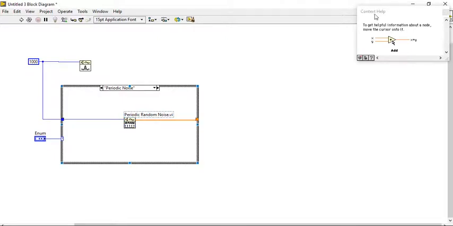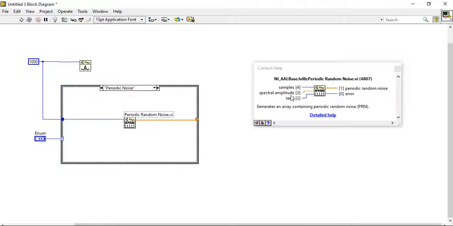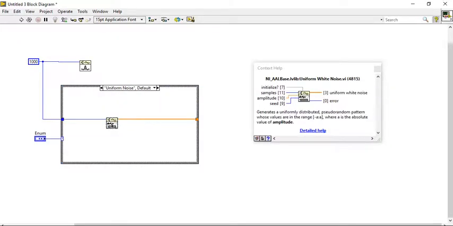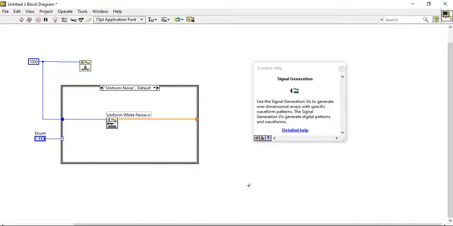Click here and study. Click this one. Amplitude sits in the uniform noise.